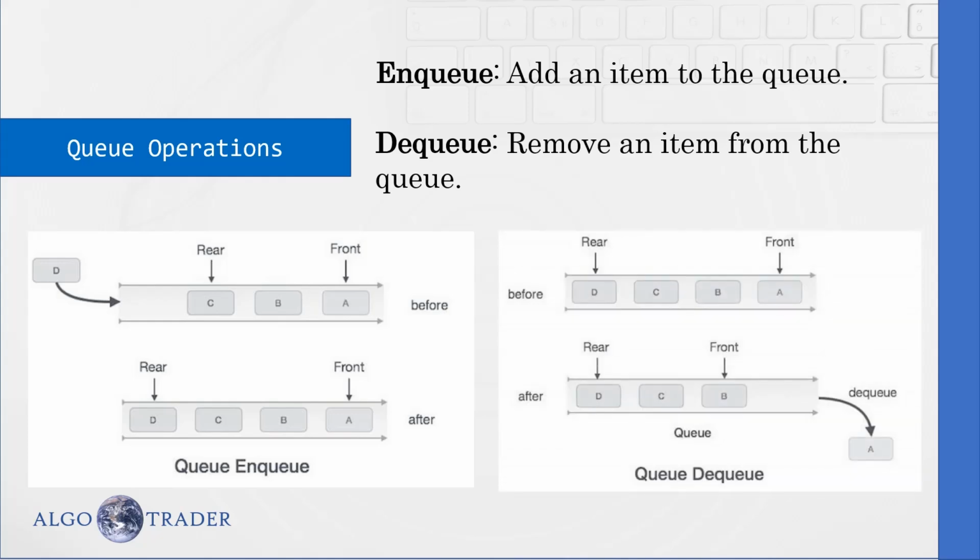Similarly, if you look at the dequeue operation, you have four elements in the queue, A, B, C, D. A is front and D is rear. So while dequeuing an element from the queue, you have to dequeue from the front. So at front what do we have? A. So dequeue A from the queue and then move the front to B. Next time if you dequeue from the queue, the element that comes out will be B.